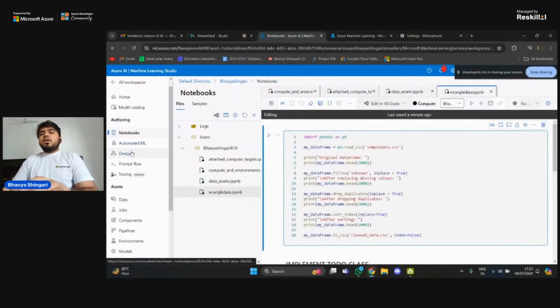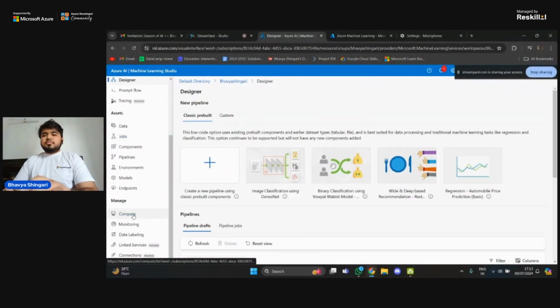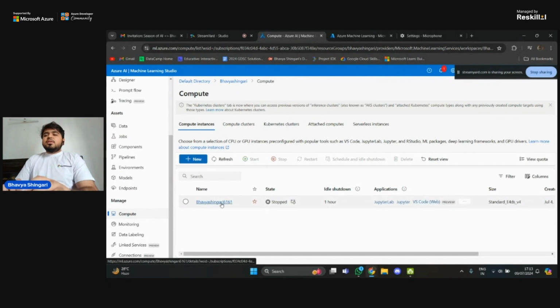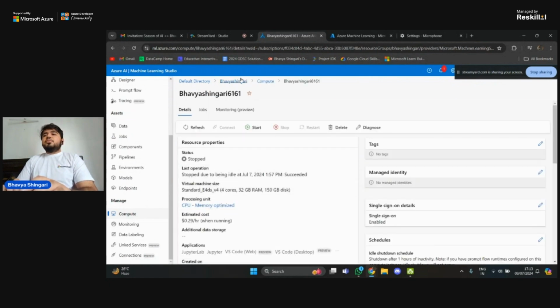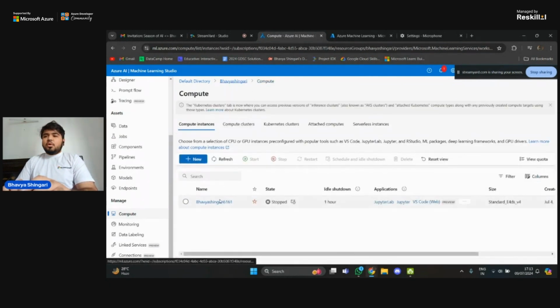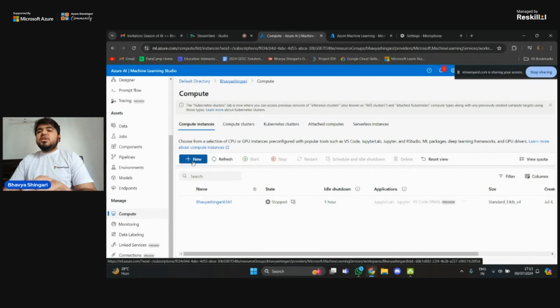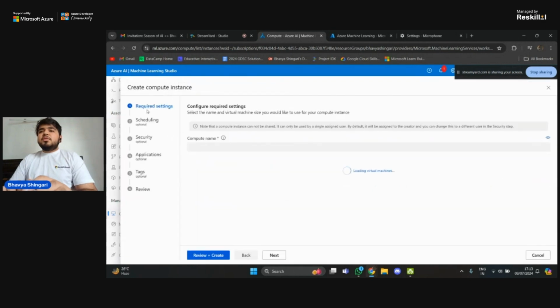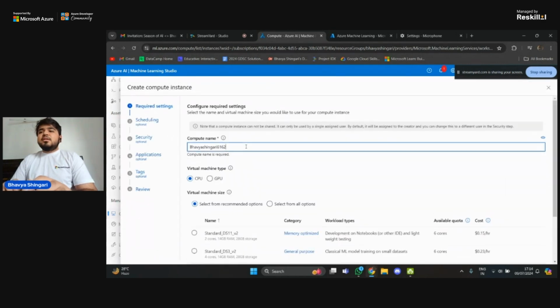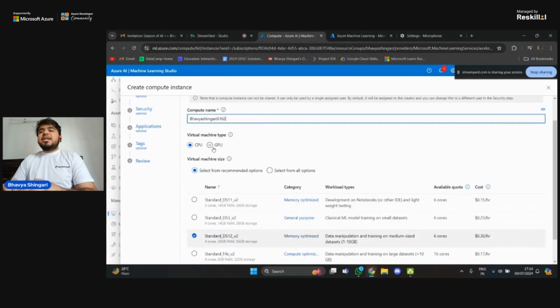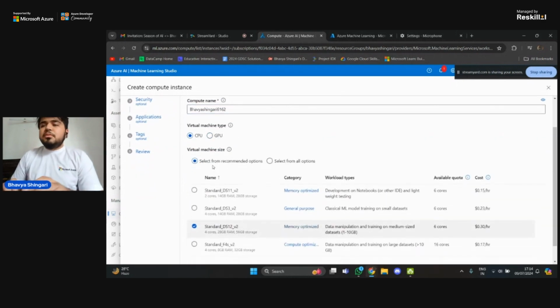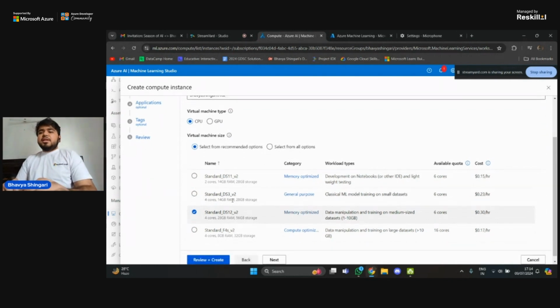Now we come to Azure Machine Learning compute. As I told you, compute is used to run all the machine learning tasks in your workspace. So in order to create a new compute, you have to click on this compute instance. Here you have to give it any name. You can select from GPU or CPU if you want. I will use my CPU, virtual machine type, and you can select any. This is the general